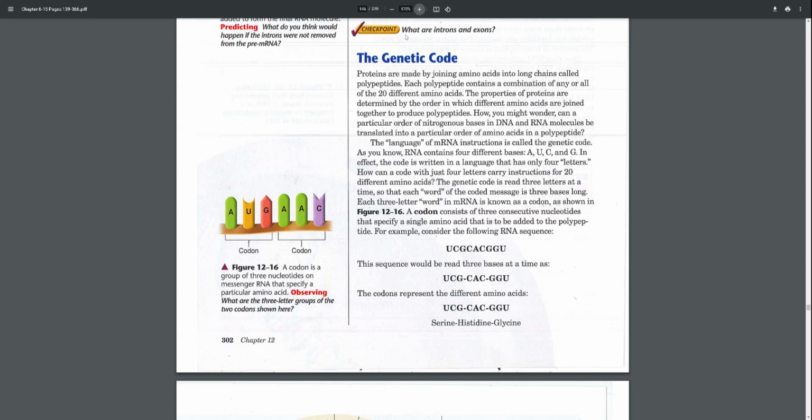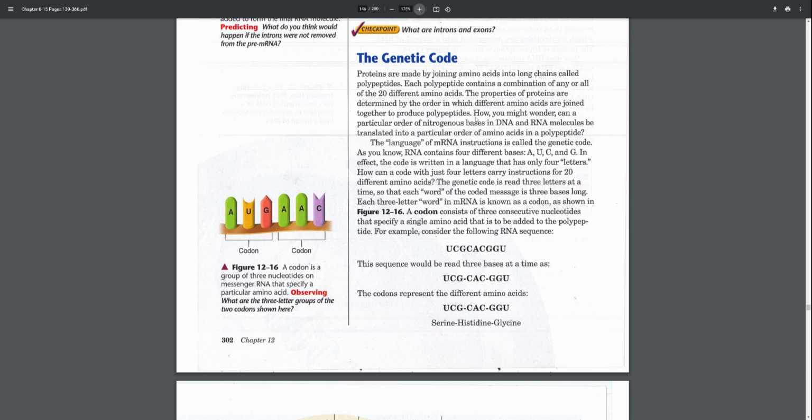Chapter 12, Section 3, the genetic code. Proteins are made by joining amino acids into long chains called polypeptides. Each polypeptide contains a combination of any or all of the 20 different amino acids. The properties of a protein are determined by the order in which different amino acids are joined together to produce